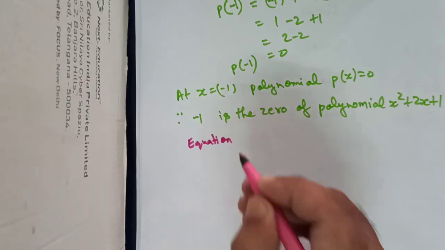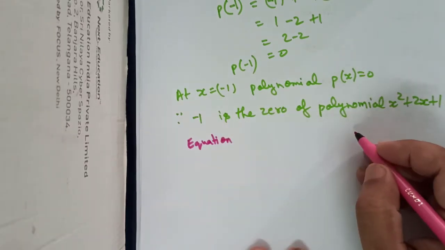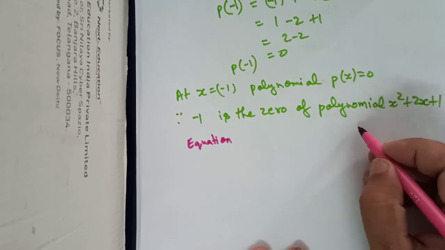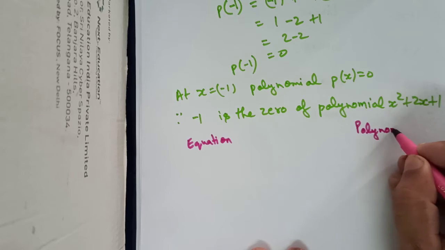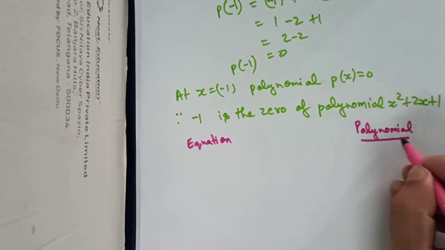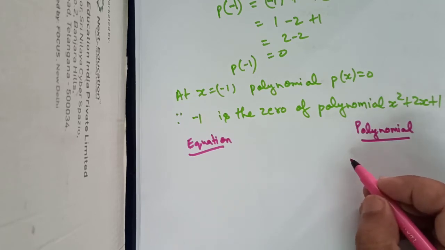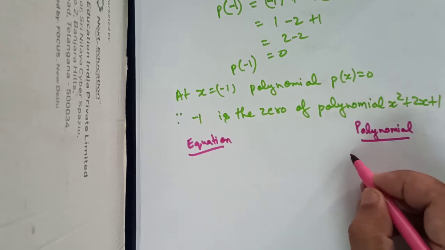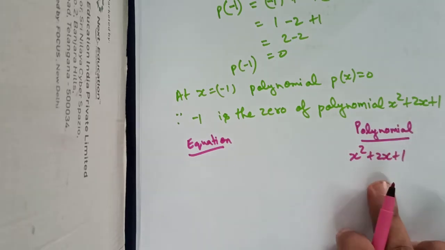We have already studied linear equations in two variables, so equation and polynomial. A lot of students get confused in this, that's why I am telling you the difference. So let's take a polynomial. Suppose we are having the same polynomial, that is x square plus 2x plus 1. This is the polynomial